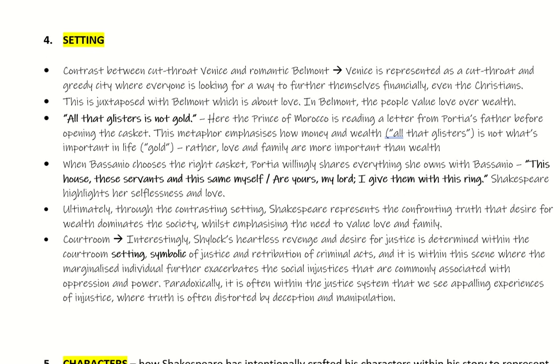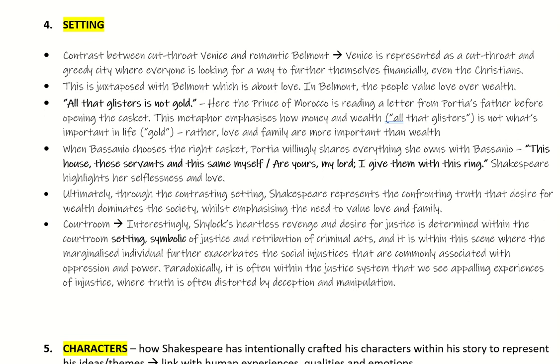Setting, obviously an important feature of narrative texts, of stories, is the crafting of setting, time and place. So here you've got Shakespeare crafting a very overt contrast between his choices of setting in Venice compared to Belmont, Portia's Belmont.